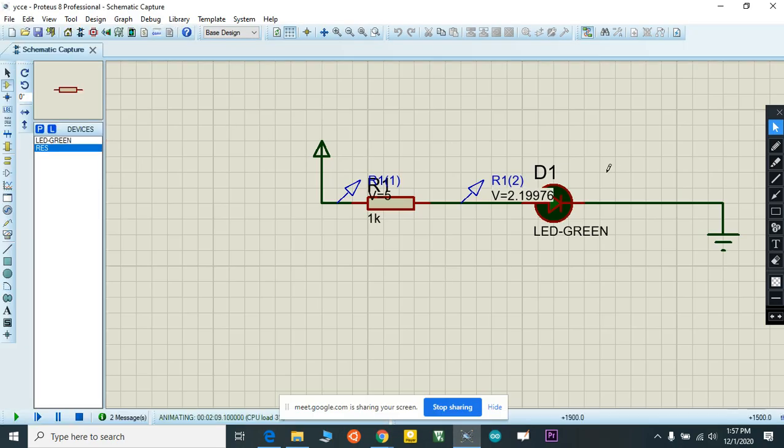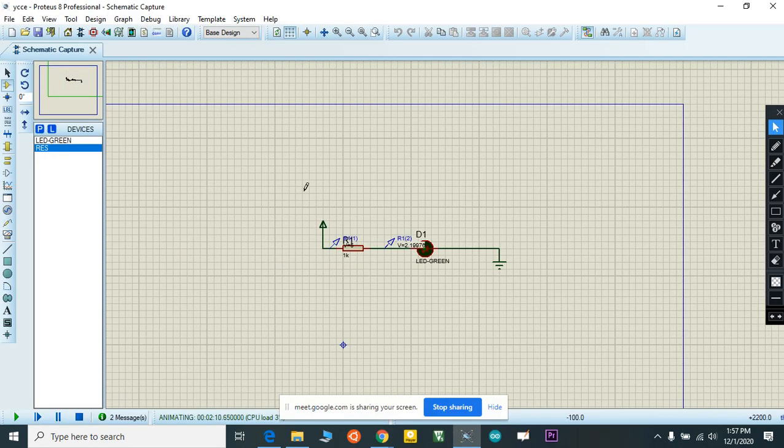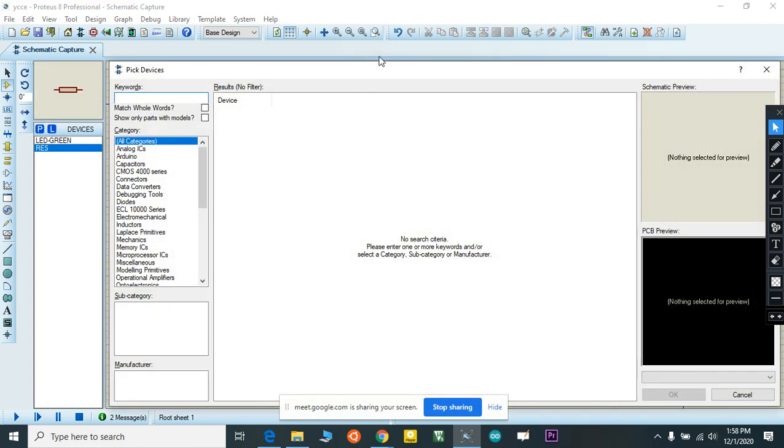So first I need to add components into my circuit. I just delete. If your simulation is running, you can add or edit nothing. You need to stop this before you do any change. So I close, and I'm going to add some components here, the components required for my voltage regulator.